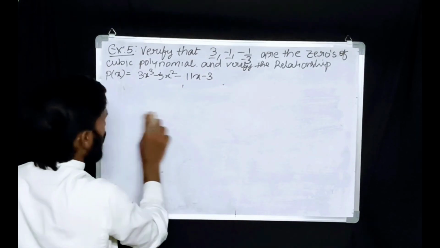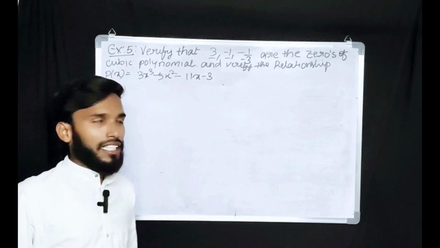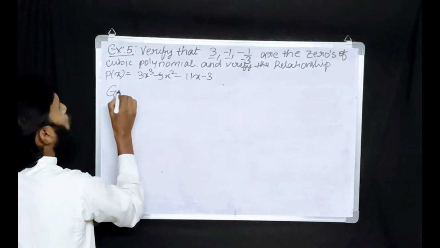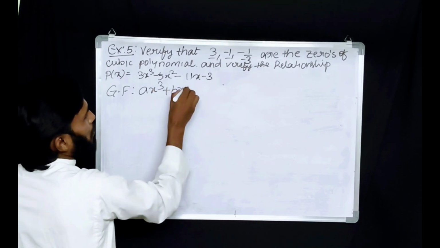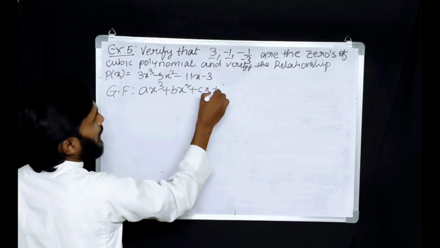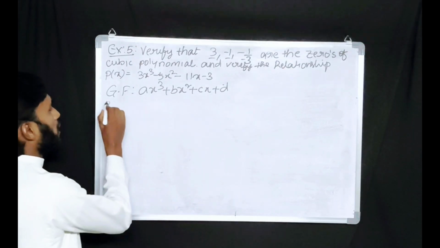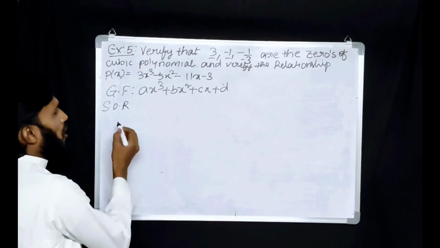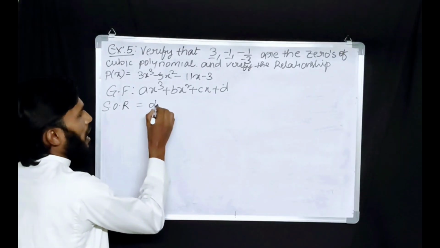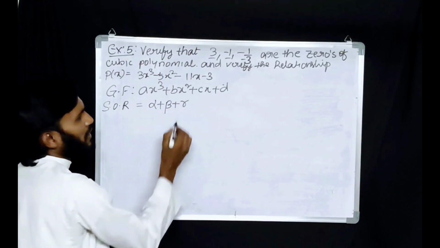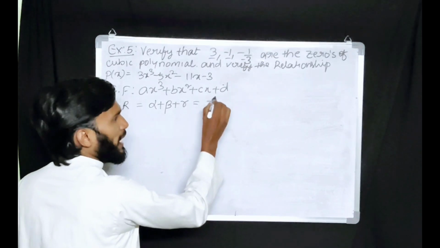So first of all, tell me what is the general form of a cubic polynomial? Nothing but ax cube plus bx square plus cx plus d. So the first one is what? Sum of roots, or solutions, or zeros. So sum of roots is equal to what? Alpha plus beta plus gamma. Alpha plus beta plus gamma is equal to what? Minus b by